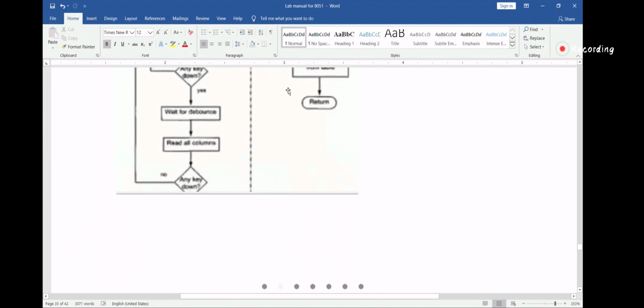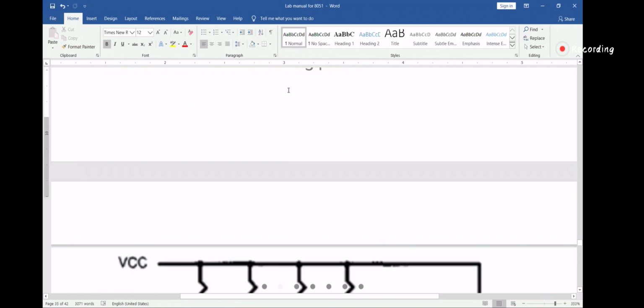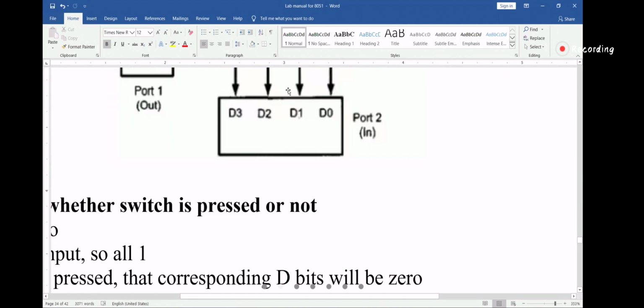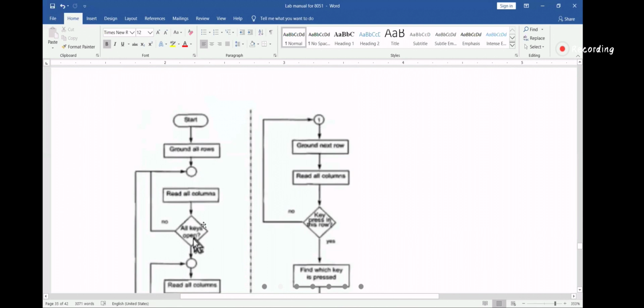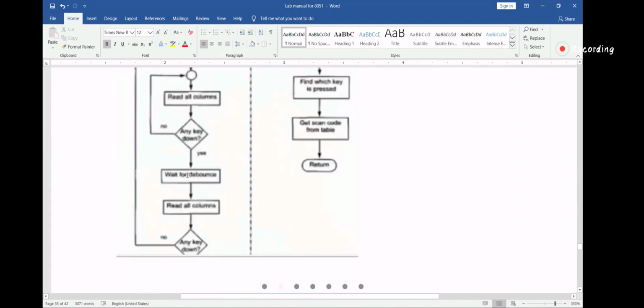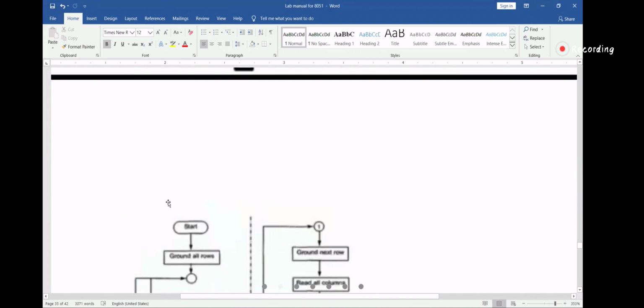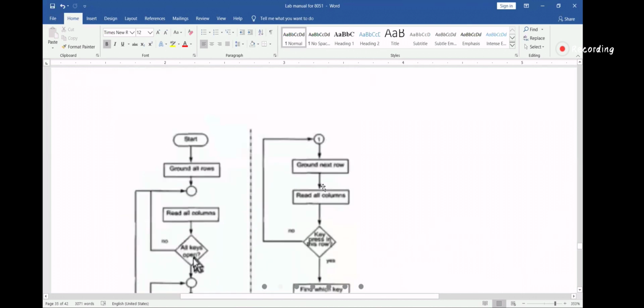That is our objective, right? Step number three, which key is pressed, identify. So only if we press the key, then we'll come to the third step. Otherwise, we'll be inside that loop only. No use of coming out of the loop. So when the key is pressed, we'll come to the third step now.